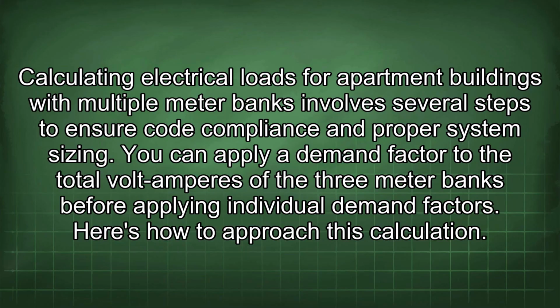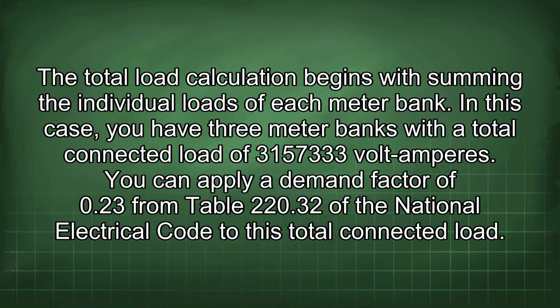Calculating electrical loads for apartment buildings with multiple meter banks involves several steps to ensure code compliance and proper system sizing. You can apply a demand factor to the total volt amperes of the 3 meter banks before applying individual demand factors. Here's how to approach this calculation. The total load calculation begins with summing the individual loads of each meter bank. In this case, you have 3 meter banks with a total connected load of